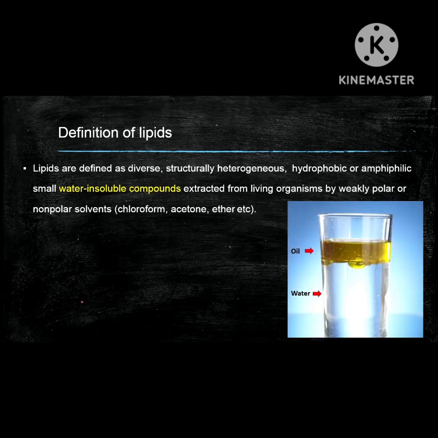So in this example here I have shown you that the upper portion, yellow color portion, this is the fat or oil, or I should say lipid. So you can see the two contrasting phases here. One is yellow and another is almost transparent. The lower one, this is the water, and the upper one, this is a lipid portion. You can say oil. So both of the two phases are immiscible, and that is why this group of molecules,